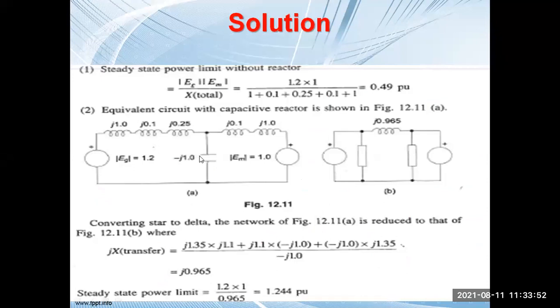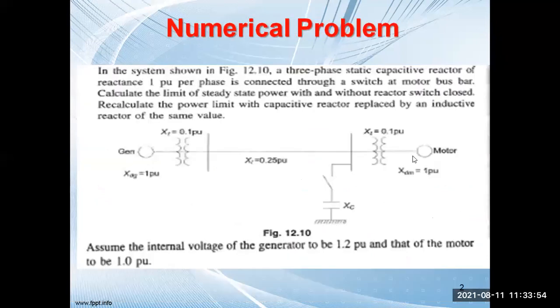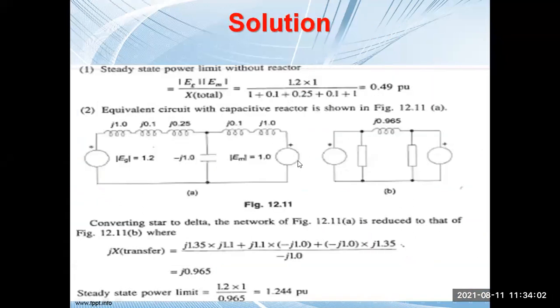Yes, sir. Okay. So now you see this, we have this particular reactance that is 0.1. Then after that, there is a motor reactance that is 1 per unit. And then this is the motor. Now what has to be done? This is basically, you see, these all are connected in series. Then these also are connected in series.